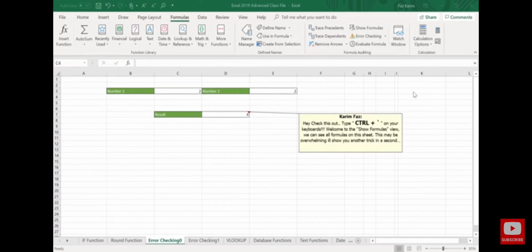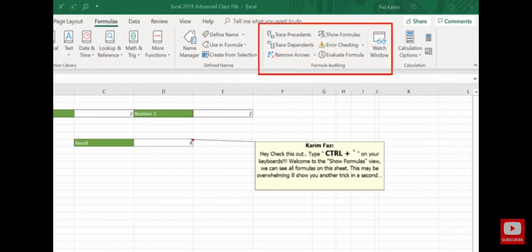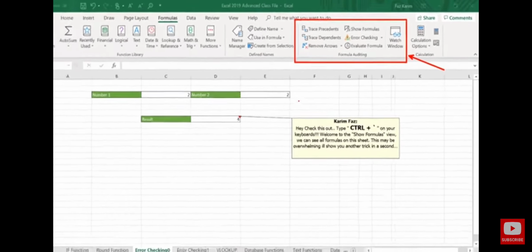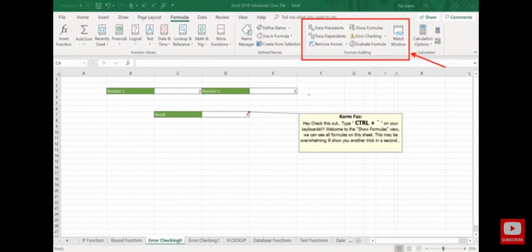Alrighty. Currently on error checking 0 with the sample file provided for this class. Let's all go ahead and hover over to our Formulas tab and give it a click. I would like to expose you to the Formula Auditing command group, which is a set of tools that you can use to figure out what's going on in a formula, or to see the output versus the formula itself. I just want to run through the various tools that we have, starting out with the very first